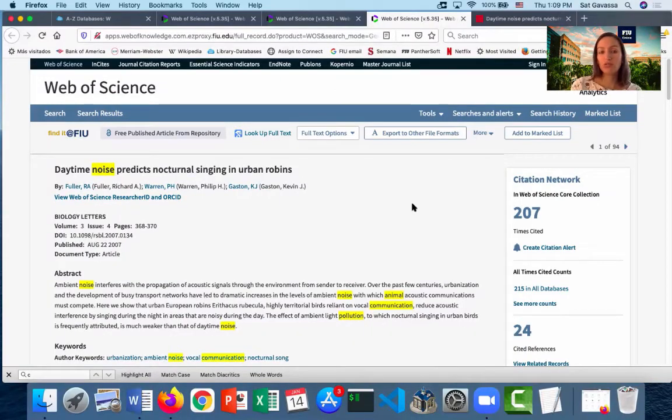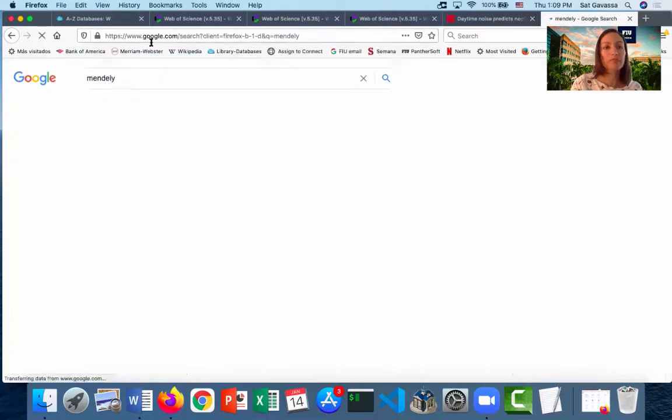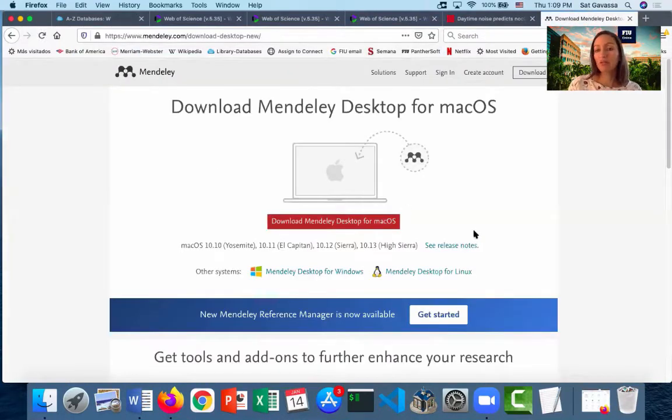So one option is to do the citations by hand, but I really don't recommend that because it's very tedious and it's also very likely to lead to errors. So what I recommend is that you download and install a reference managing software. The one that I use is called Mendeley, and you can install it on your desktop. You also need to download a plugin and install it onto Microsoft Word. And like you said, all FIU students have access to Microsoft Word, so you can download it from the ETS